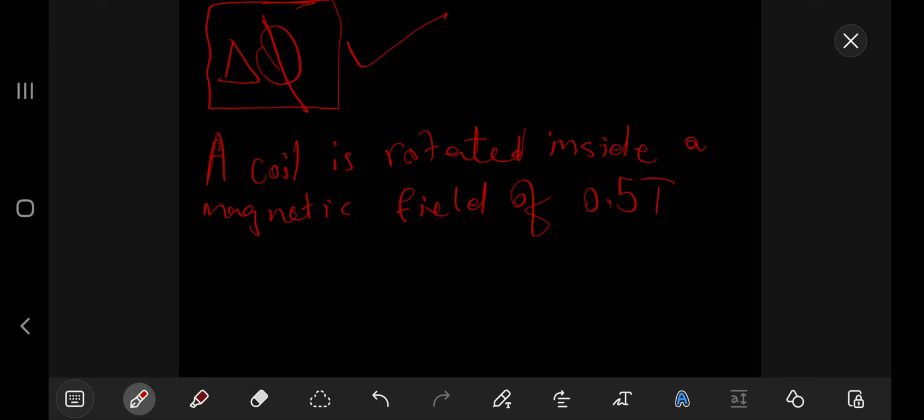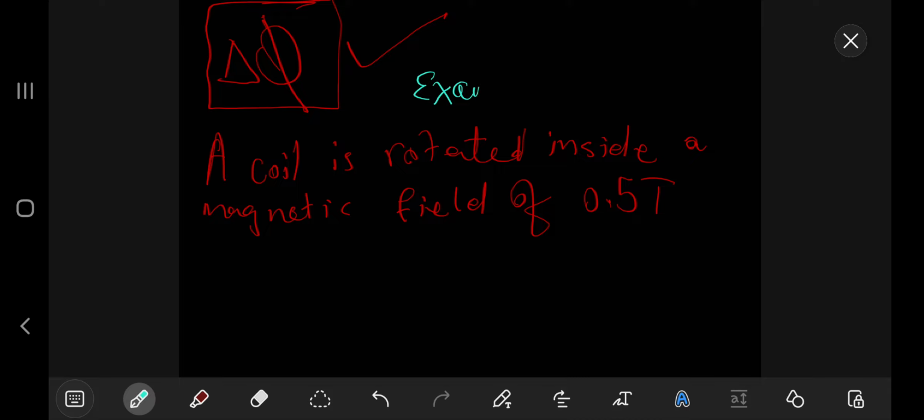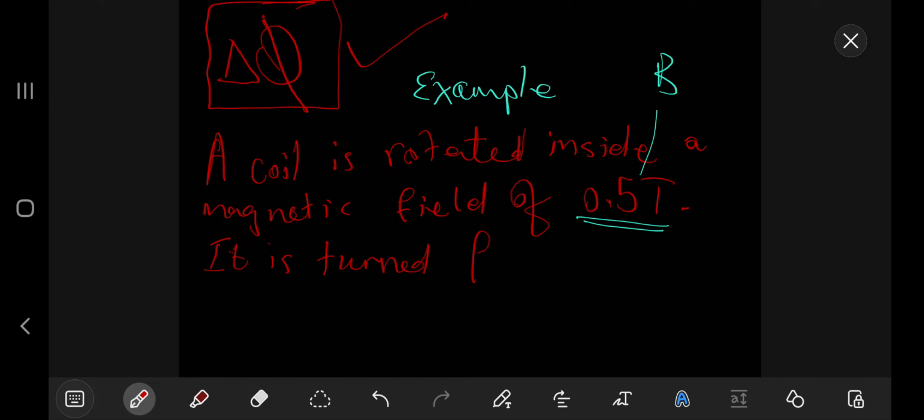So what exactly does this 0.5 Tesla tell us? It tells us the strength of the magnetic field. So it is turned from 0 degrees to 45 degrees. Okay, so here they are telling us the angles. Okay, fine. Then they say